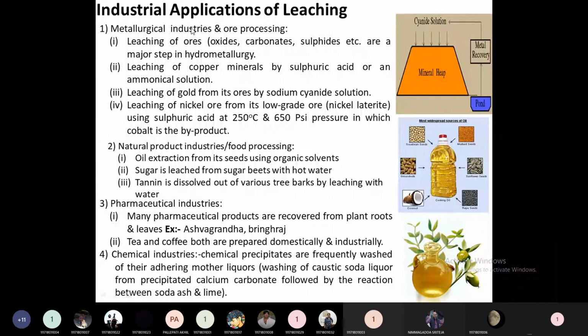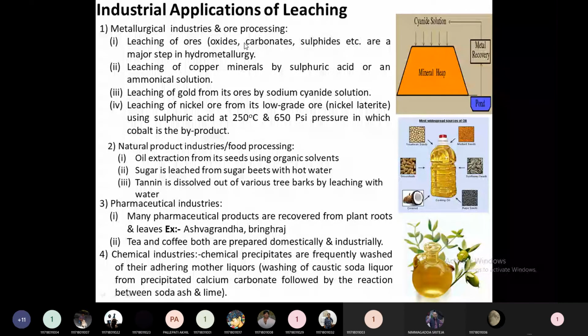To separate it, we want a leaching process. It is a very useful process in the metallurgical and ore processing industry. Examples of this in the metallurgical industry are leaching of ores, oxides, carbonates, sulfides.